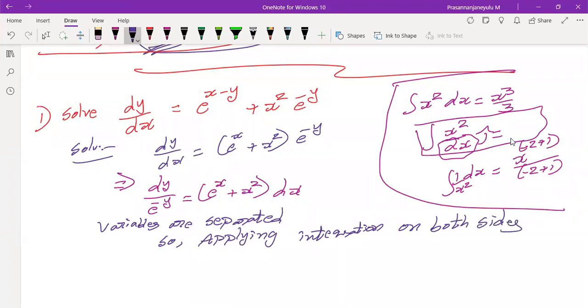So what we'll get? Writing 1 by e power minus y as e power y, as one of your friend mentioned, is equals to